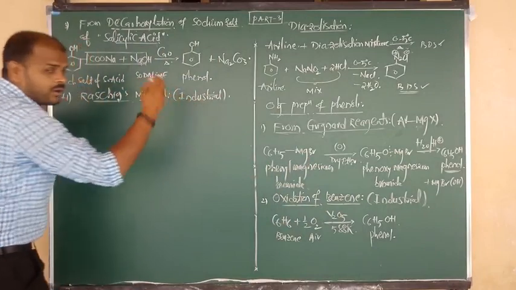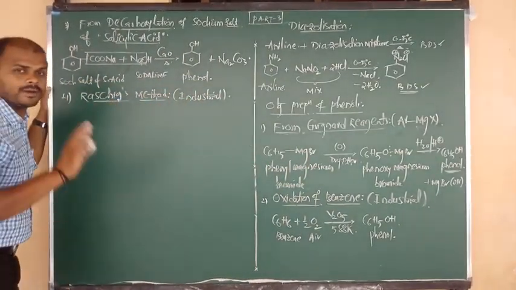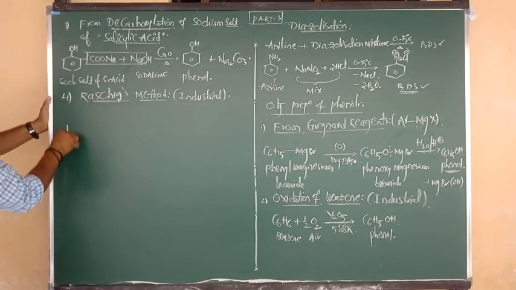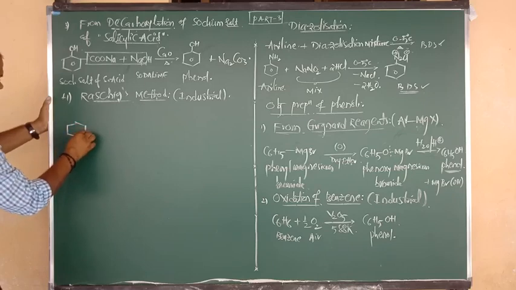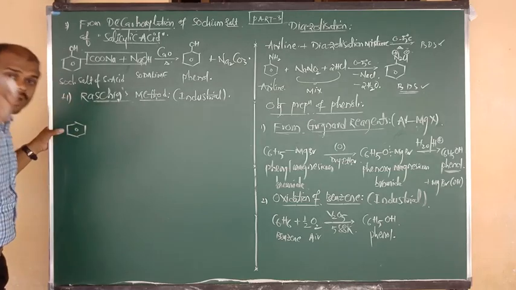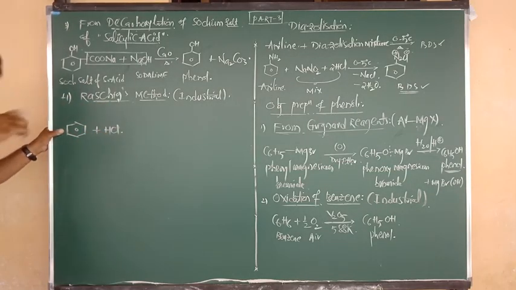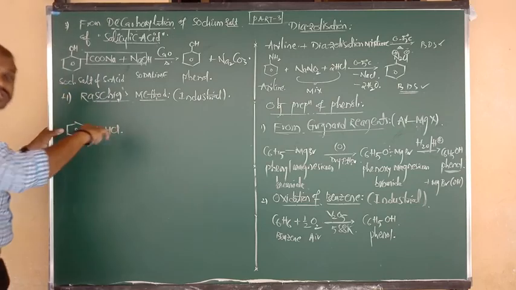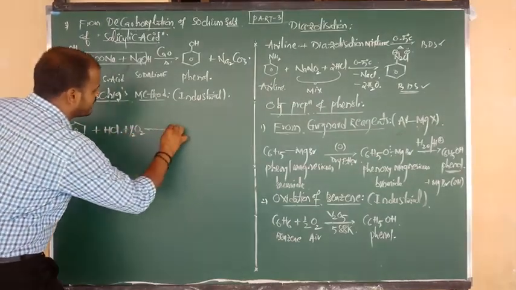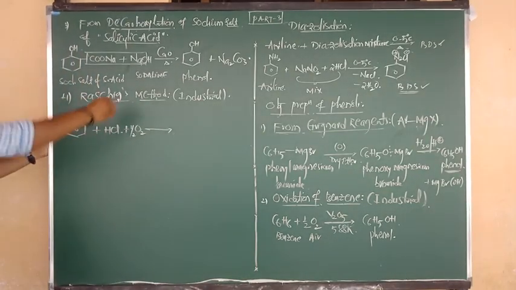So industrially or commercially, how do we prepare phenol by using this method? It is Raschig's process. So what did he suggest? Raschig suggested that first of all we have to consider a benzene ring. And he says that benzene first of all undergoes acidification, means reaction with what? Hydrochloric acid. And followed by that, the entire mixture undergoes oxidation, means addition of O2. Here half O2 is enough, means here you require one free oxygen. Okay, let us see carefully.